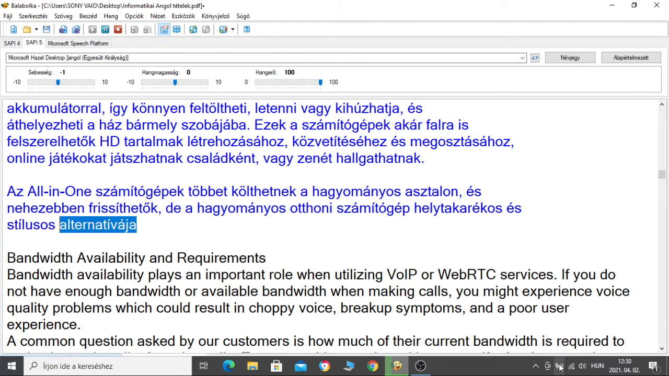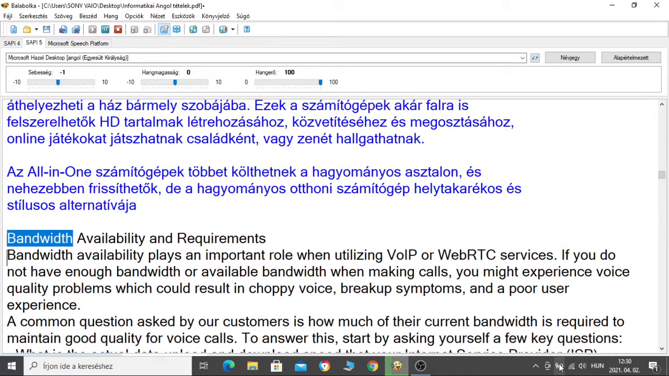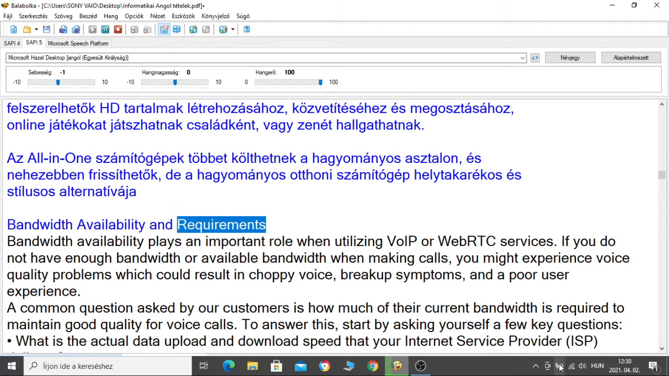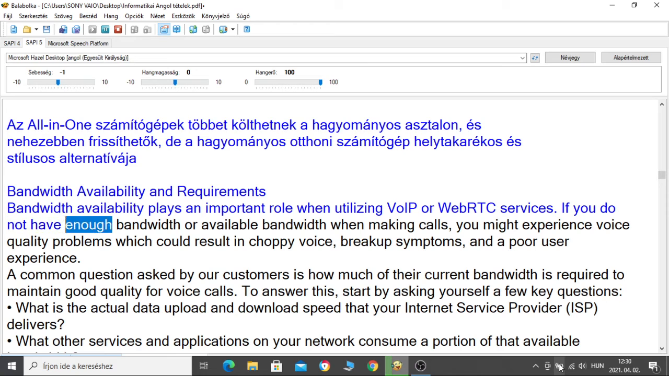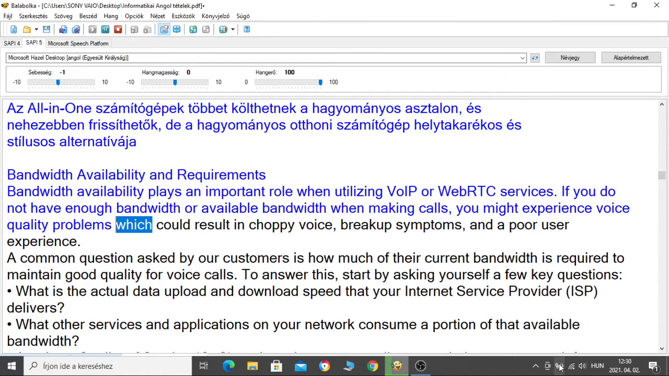Bandwidth availability and requirements. Bandwidth availability plays an important role when utilizing VoIP or WebRTC services. If you do not have enough bandwidth or available bandwidth when making calls, you might experience voice quality problems which could result in choppy voice, breakup symptoms, and a poor user